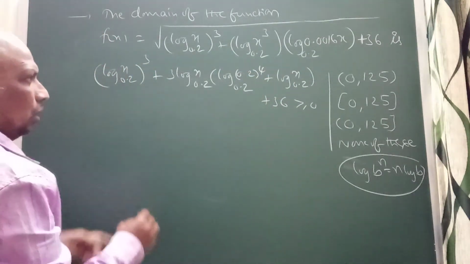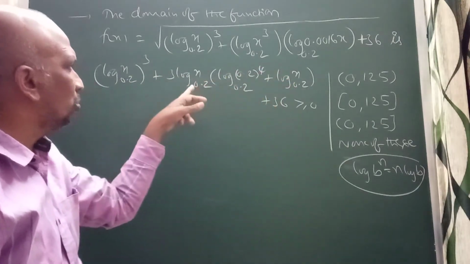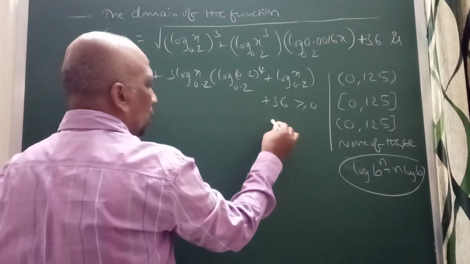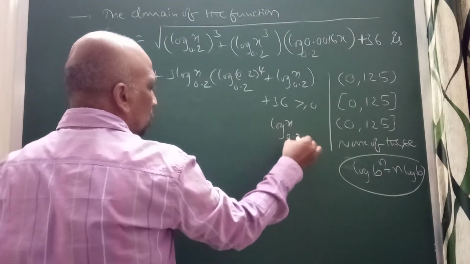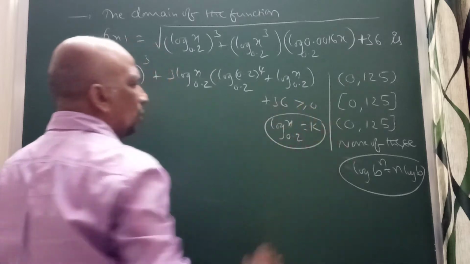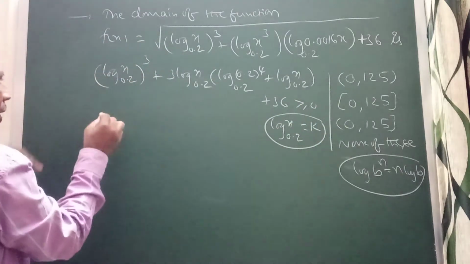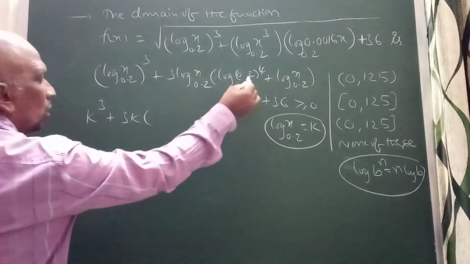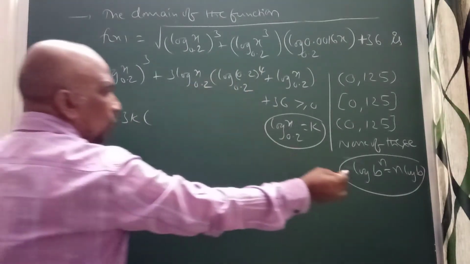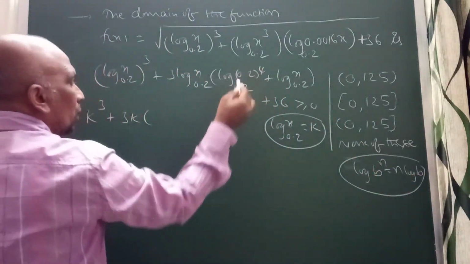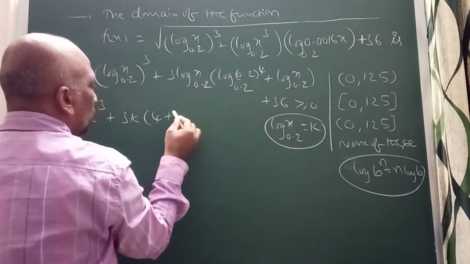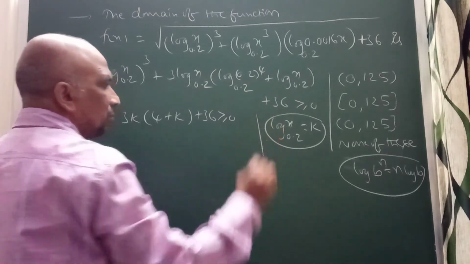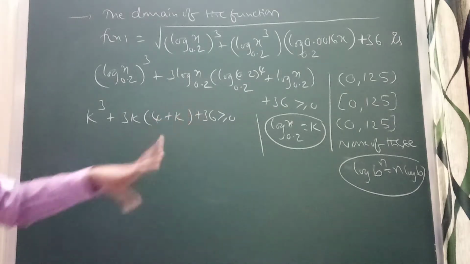Now you can observe here, wherever log x base 0.2, for convenience, let it be some k, some lambda. I can consider log x base 0.2 as some k. Let it be some k. I have taken this will be k cube. So this will be 3k, and 0.2 power 4 I can handle with the same concept, n log b. So this will become 4, right? 4 plus this one you have taken k, 4 plus 36 greater than or equal to 0, right? This value greater than or equal to 0.